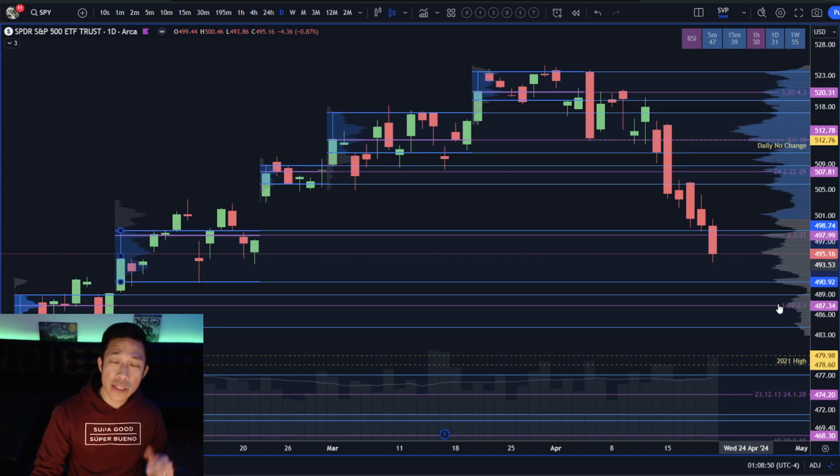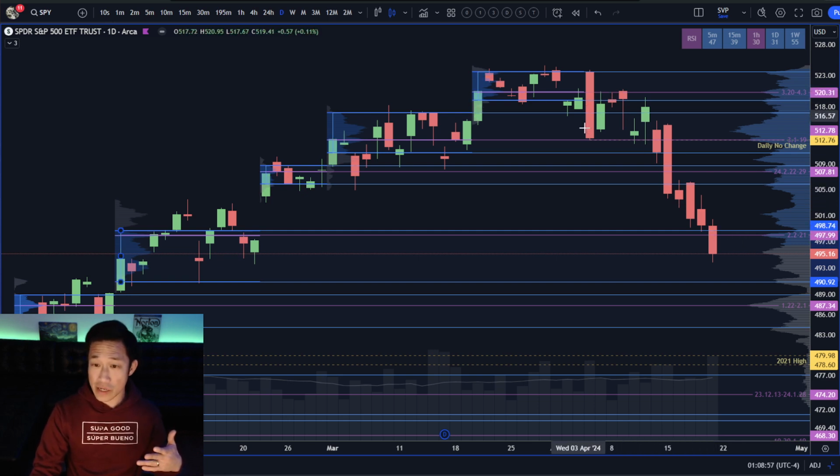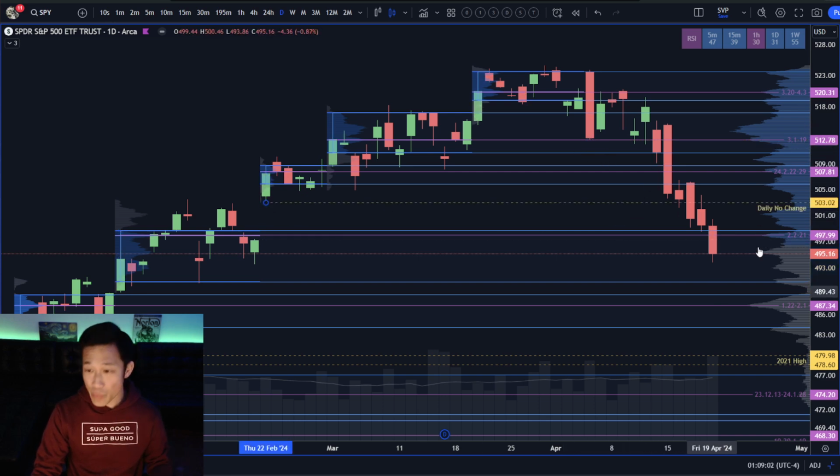Now, if we do get some bounce in the next week, the bounce will do really no change. I mean, technically you see no change until you get back over here, 512.76. There's no change relative to this breakout unless you get back over 503.02. So there's a lot of work that the buyers need to do in the short term in order to get back into even a defensive posture. But as of now, if you do bounce here and you can't get back over 497.99, that's going to keep the sellers the absolute most confident, and then that'll have us continuing to look down here,